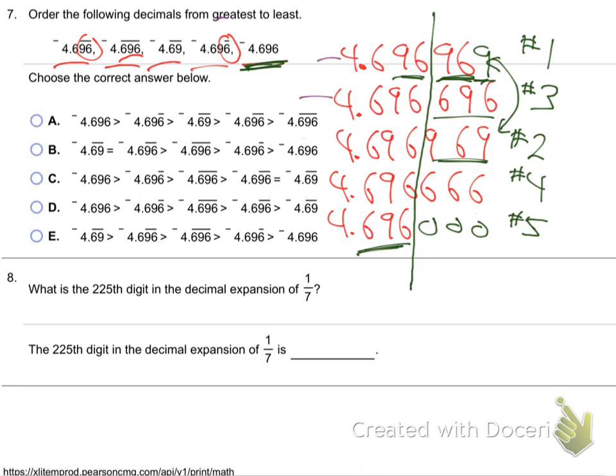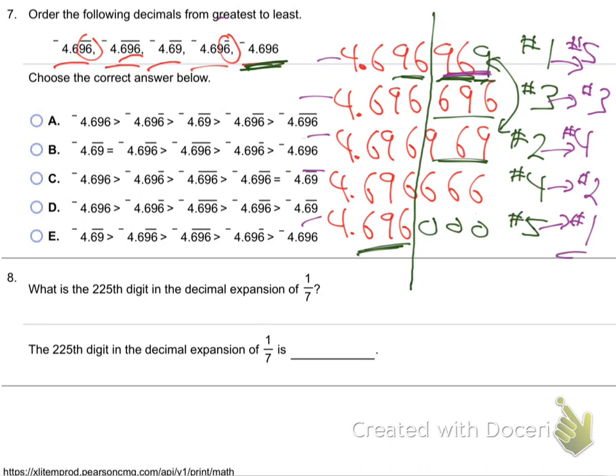But now, remember, they're all negative. So that reverses everything, because the greatest negative is actually the lowest number. So this should actually be number 5, number 4, right? The greatest negative is the least, followed by that one. Number 3 is still number 3. Number 4 becomes number 2, and number 5 becomes number 1. So there we go, the greatest one. There we go on that one. So the greatest one